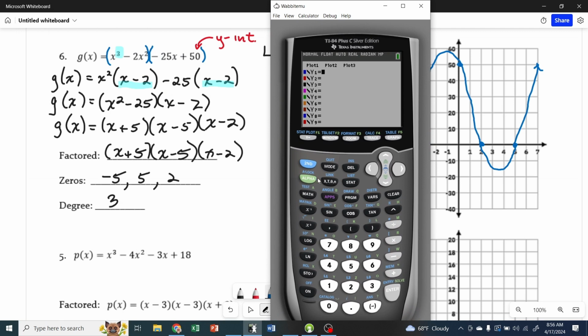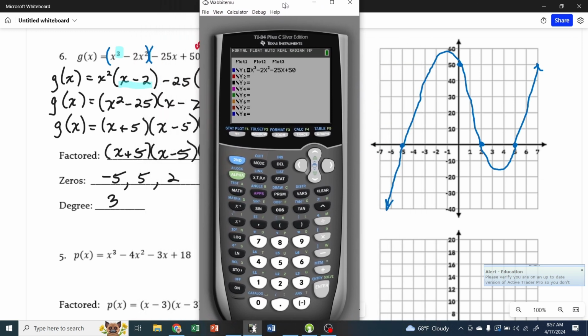So I'm going to put in x cubed minus 2x squared minus 25x plus 50. And we're going to make some adjustments to our window here, because if you take a look at this window,